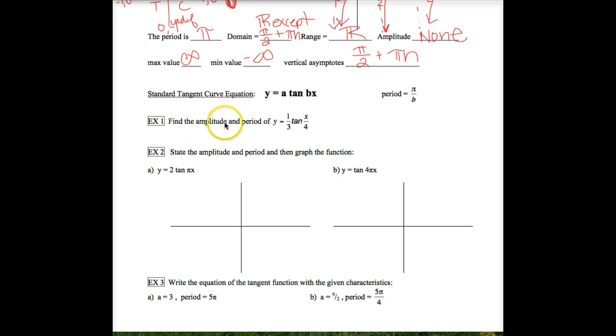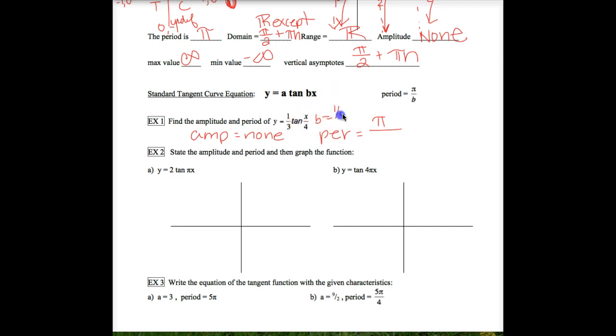So find the amplitude and period of y equals 1/3 tangent of x over 4. So the period is going to be pi divided by b. Notice not 2 pi divided by b, it's pi divided by b. So amplitude is the easiest question. There is none. The period is going to be pi divided by b, which b here is the number in